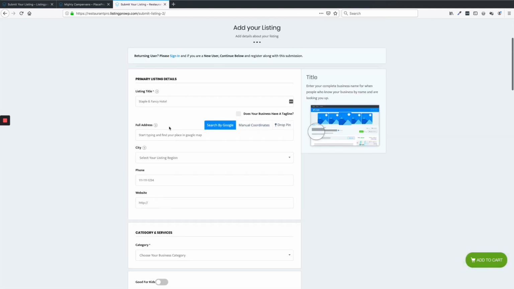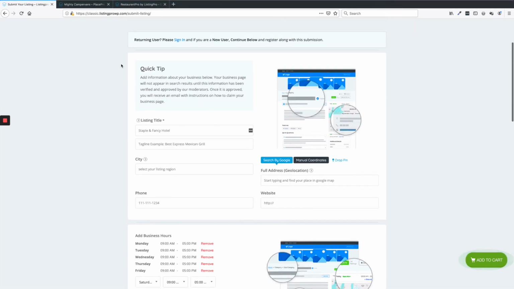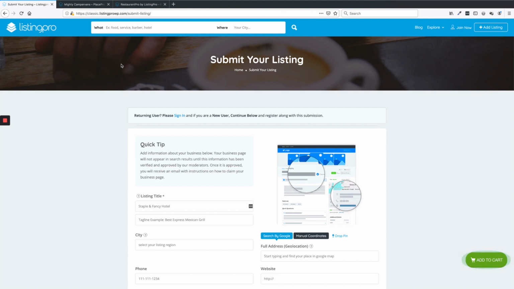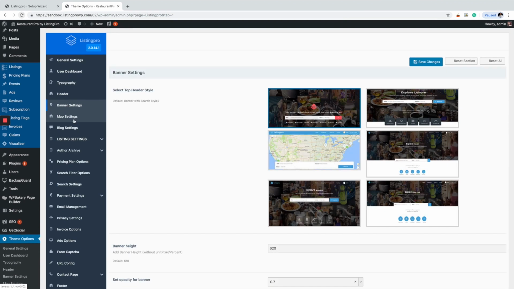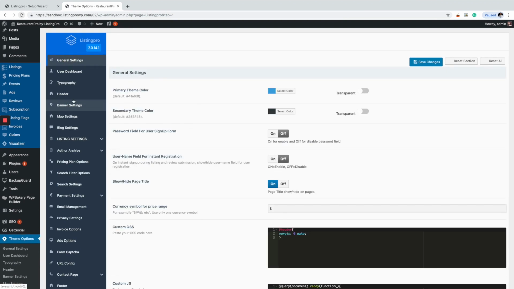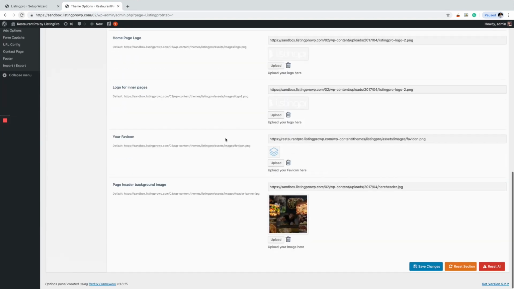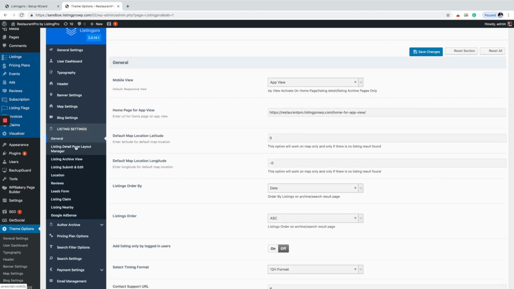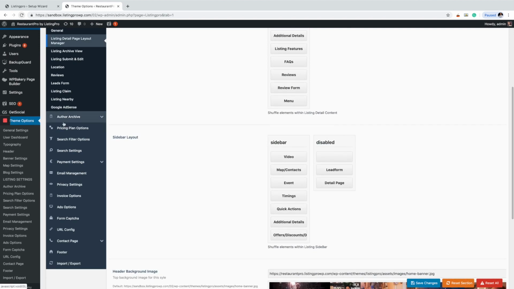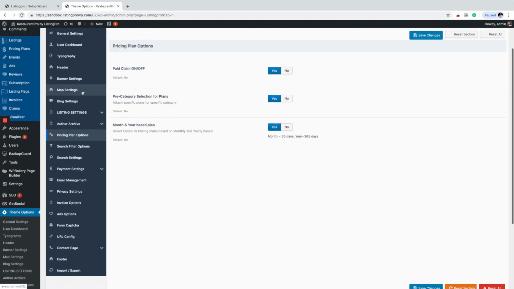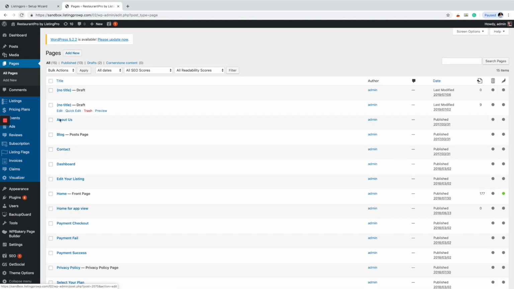And so in general, I want to wrap this up by saying that no matter what design you pick, you can always go back to theme option, and you can pick and change the colors and typography and the header styles. And there's more when you do select the listing details. You can pick a lot of stuff from here, theme option. And some of the stuff that you see on the homepage,